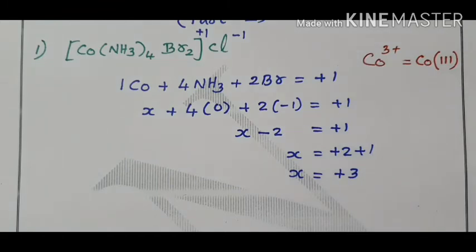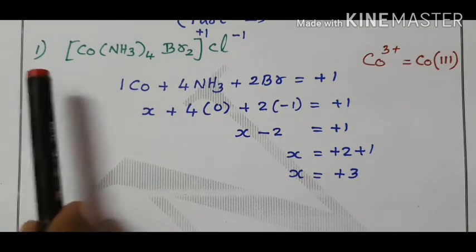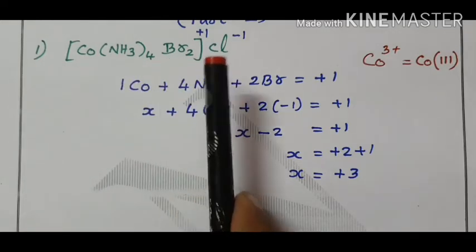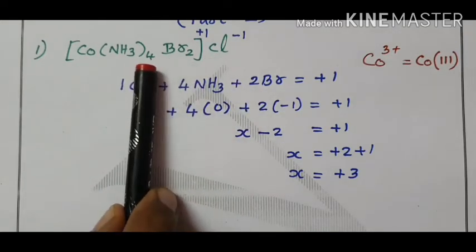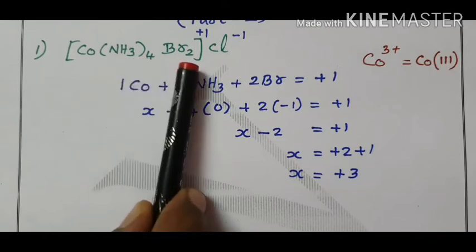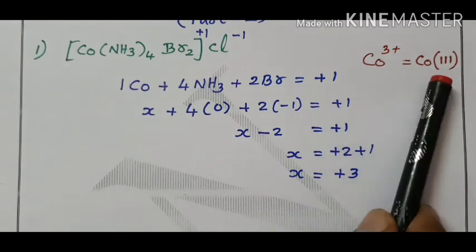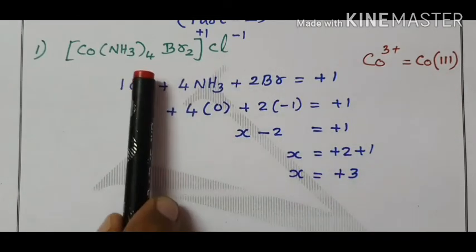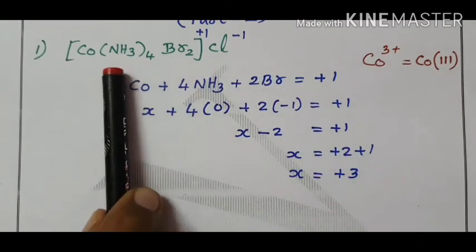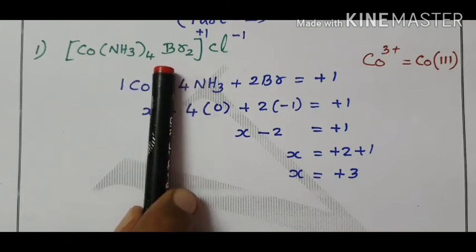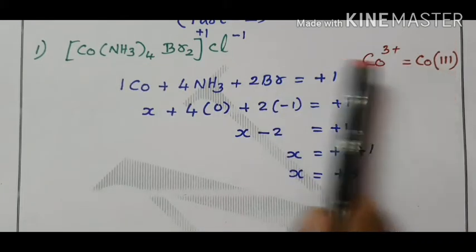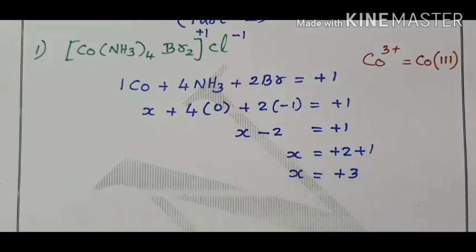Now I tell the IUPAC name of this compound. Tetraamminedibromidocobalt(III) chloride. Then the next compound, we are going to determine the oxidation number of cobalt in